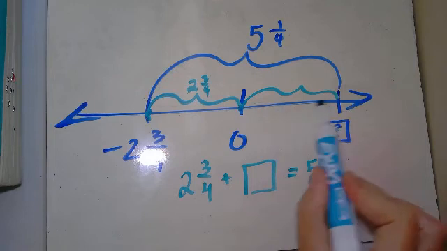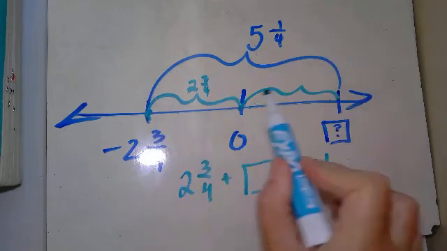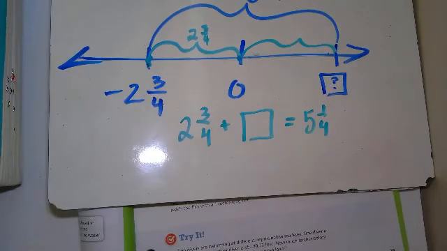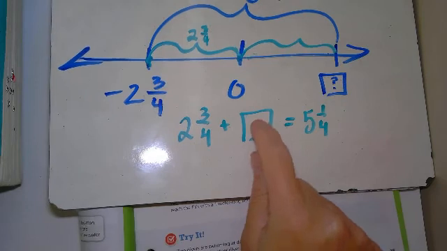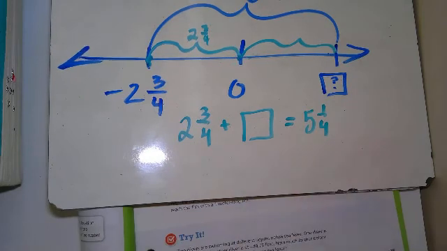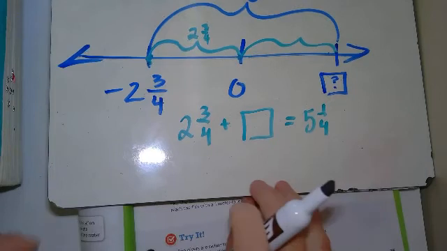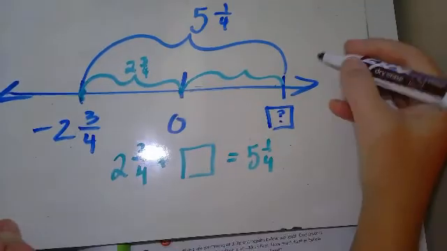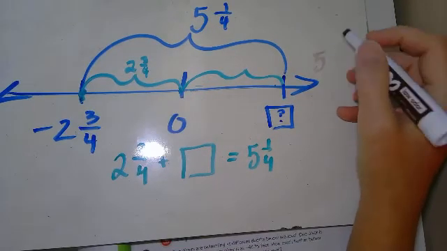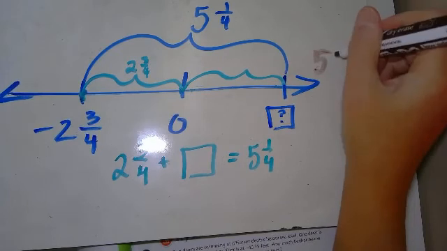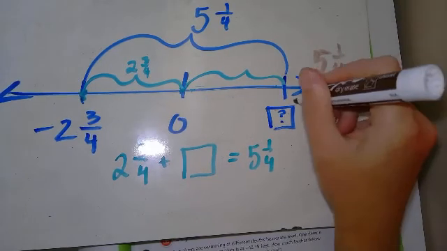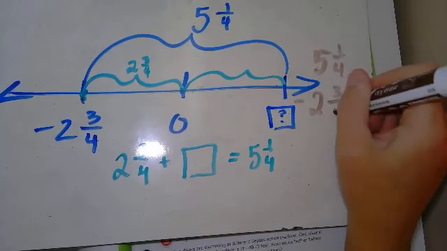All right, this chunk plus this unknown chunk equals this whole thing. So this is a subtraction problem, right? To figure this out, I need to subtract 2 3/4 from my 5 1/4. So I'm going to do this over here on the side of this whiteboard. I have 5 1/4. Oh, I hope you guys can see that. And I want to subtract 2